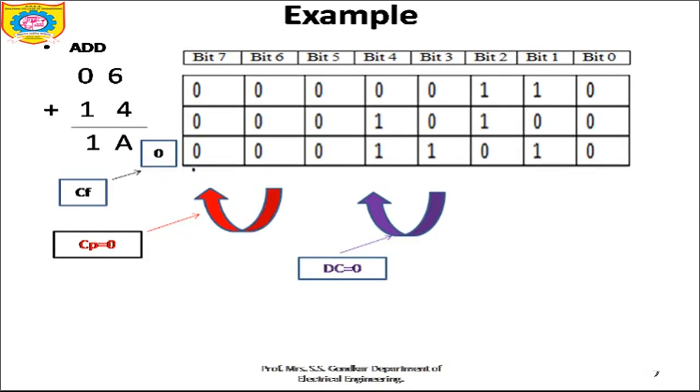So looking into an example, it will be very clear. If we try to add these two numbers, 06 and 14, see here, this is 8 bit, bits 0, 1 up to 7. So how do we write 6 in binary? It is nothing but 0110. The one I have marked with red color is the binary 0, and in blue color I am marking this 6, so it will be easy for you to understand.